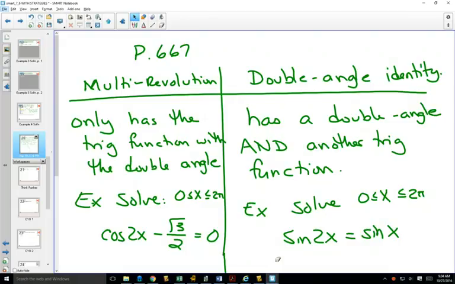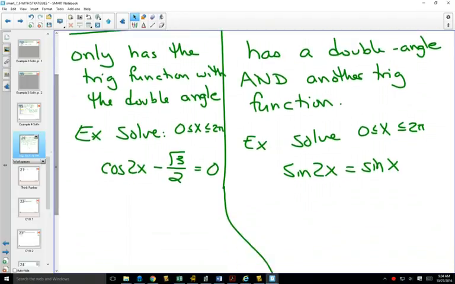So you recognize if you should use the strategies of a multi-revolution question if that's the only trig function in the equation besides numbers. So here's our example, solve between 0 and 2 pi. Cos 2x minus root 3 over 2 equals 0. The only trig function we have is that cos function, and it happens to be a double angle inside of it. So if that's the case, then you'll solve it like a multi-revolution question,